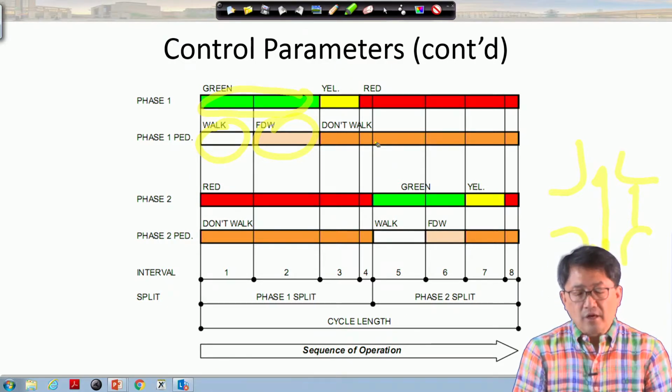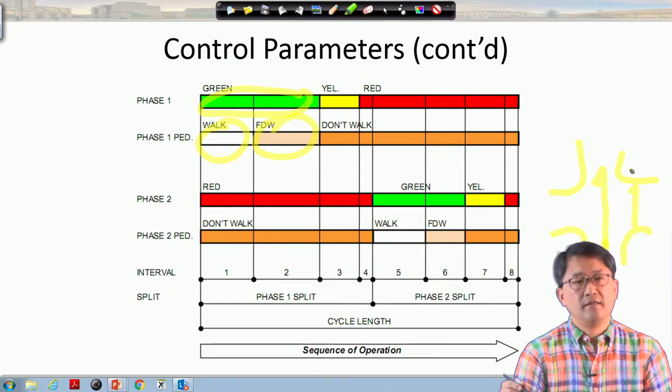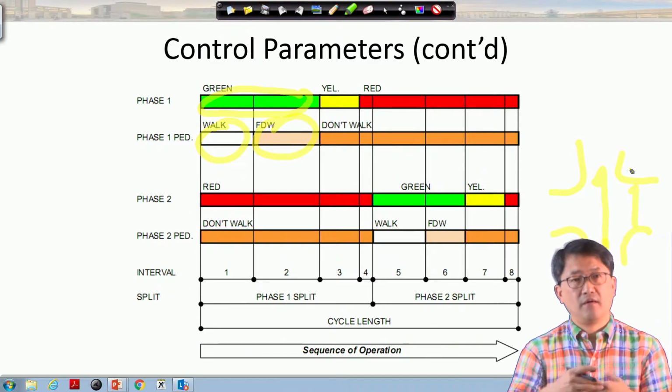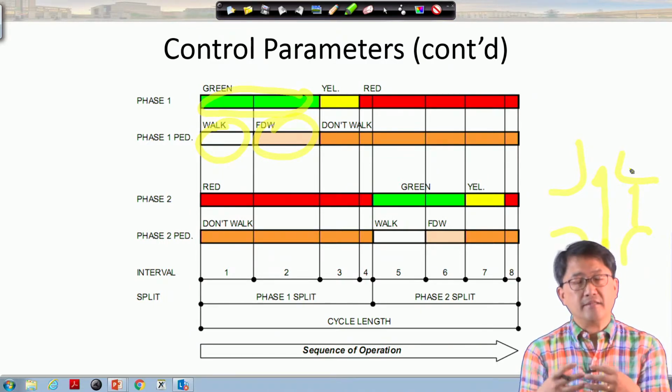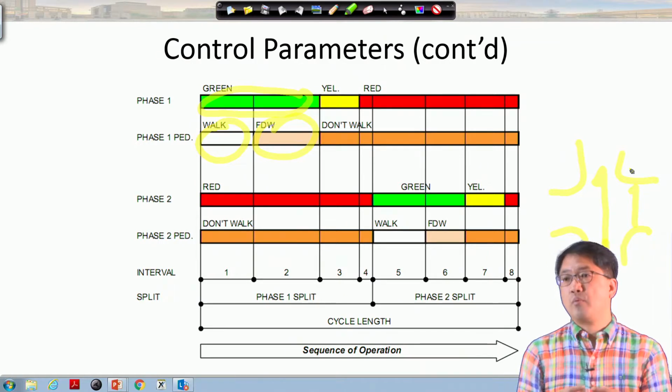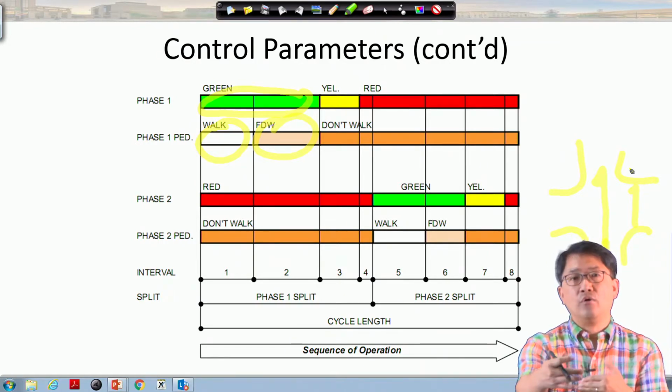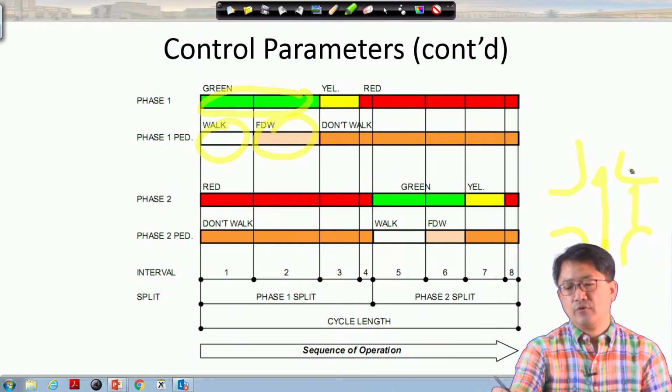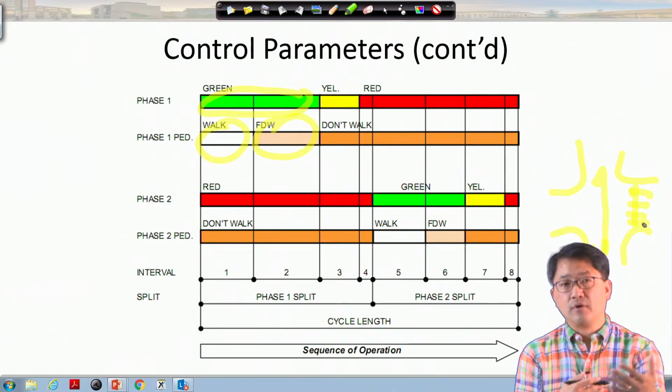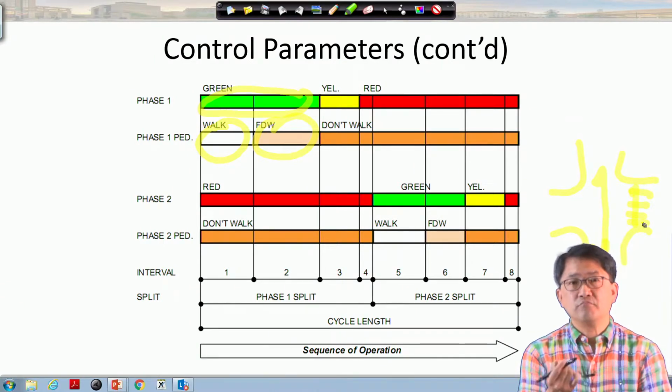Again, one of the challenges is that a pedestrian crossing time is needed. A typical pedestrian requires about 3 feet per second walking speed, and depending on how many pedestrians are waiting, you can estimate how long it takes to cross, especially when you have a multi-lane, 6-lane wide road, and often